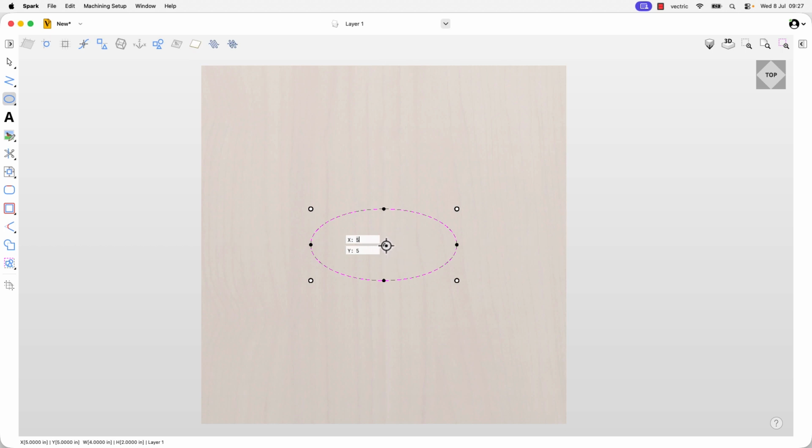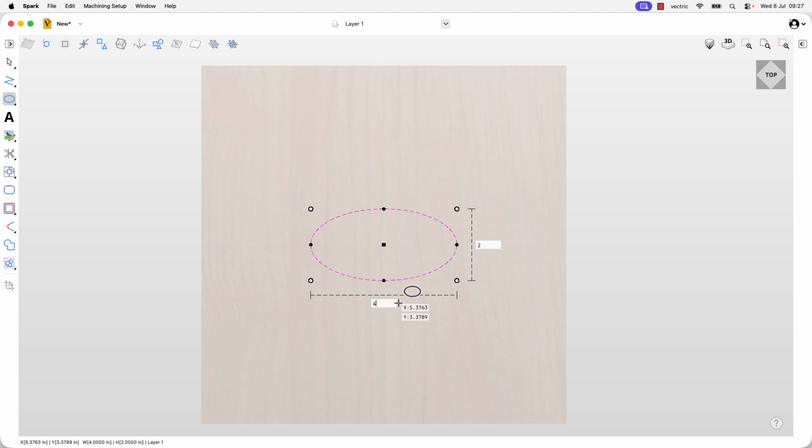I can do that by holding left mouse click over that central handle there, and I can drag it into the position I want. And then finally we have the corner handles. So the corner handles, you'll notice right away when I float over them, display both the height and the width of my ellipse. And if I left mouse click it, you'll notice I can now edit my floating field